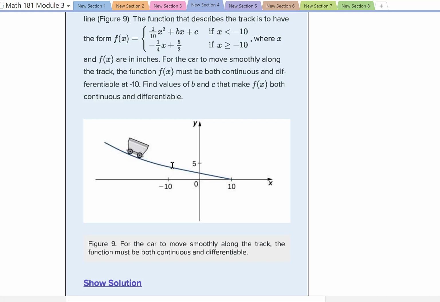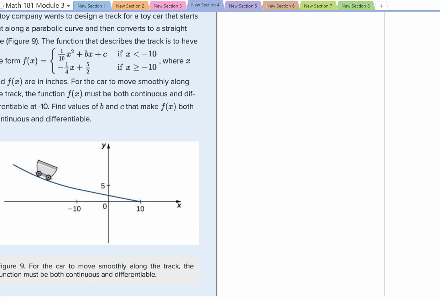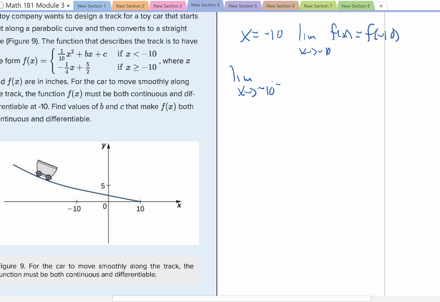So what we're really after is the slope from each direction has to be the same. So let's look at a couple of things. If we look at around x equals -10, the limit as x approaches -10 of f of x needs to be our f of -10. That's from both directions. So if we look at the limit as x approaches -10 from the left side of